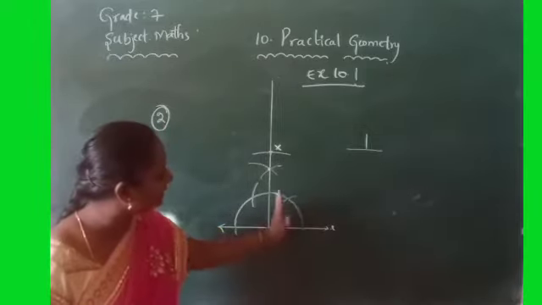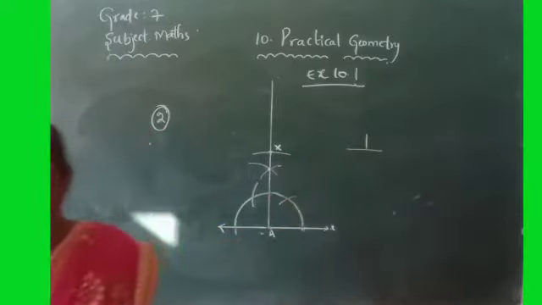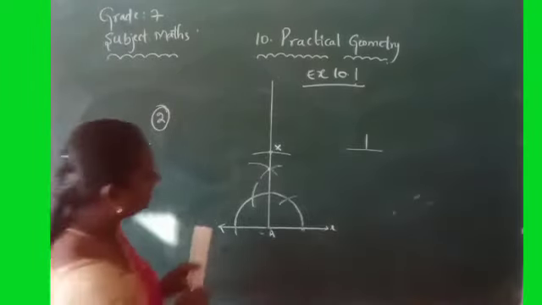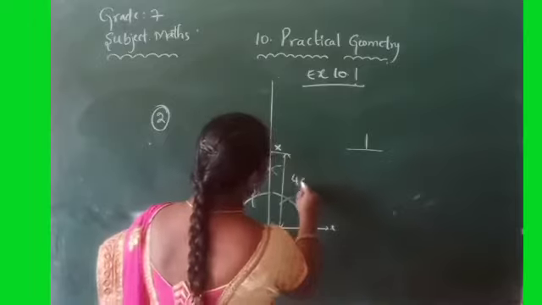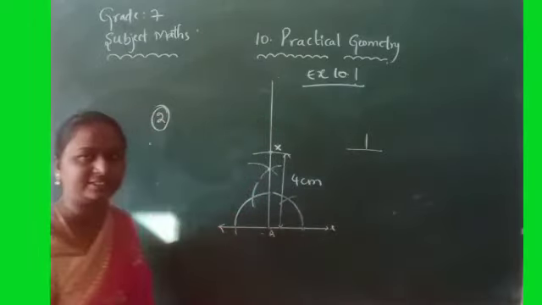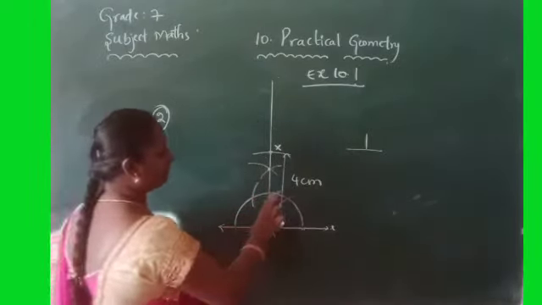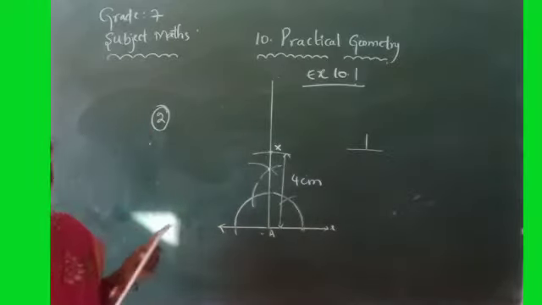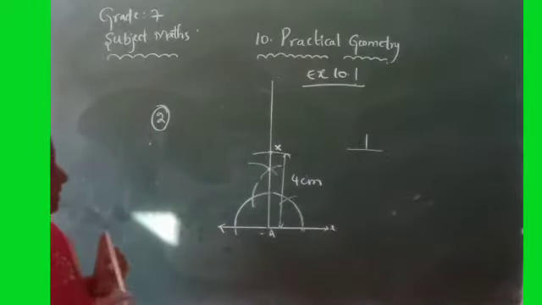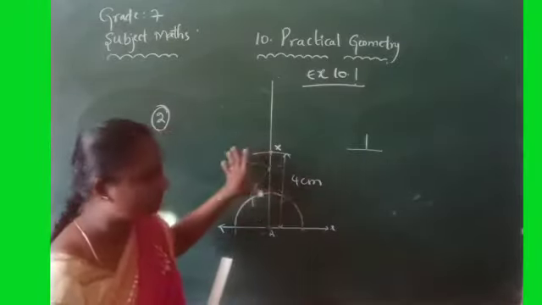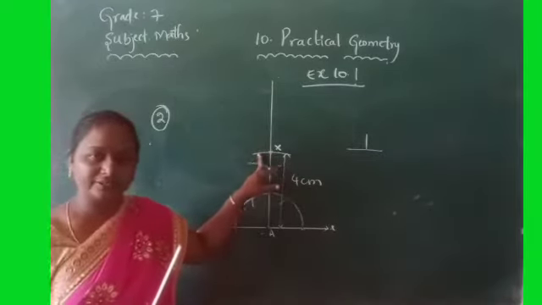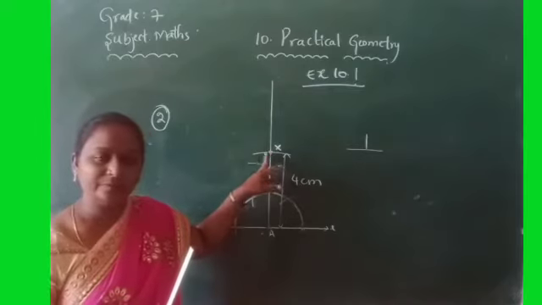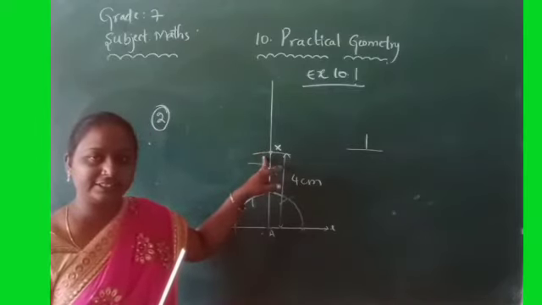So this is 4 centimeters away from the L. How to take it? With the help of the compass, take the 4 centimeters length from the ruler and draw one arc. Using X as a center,